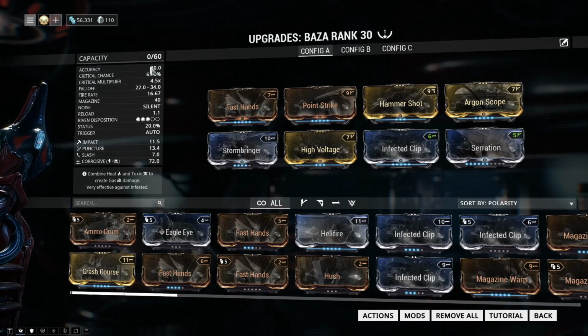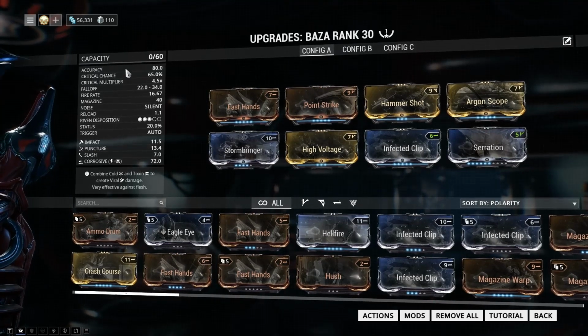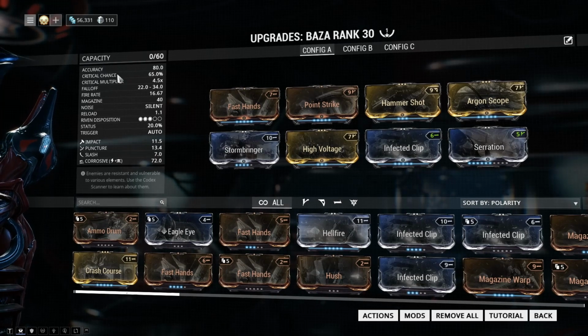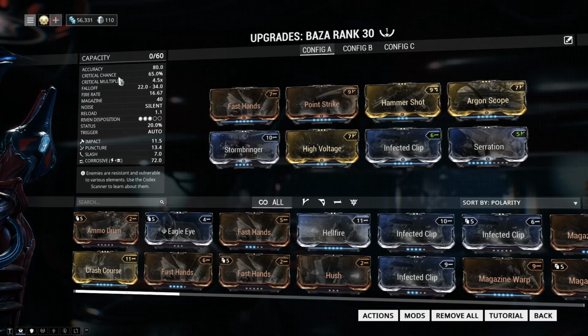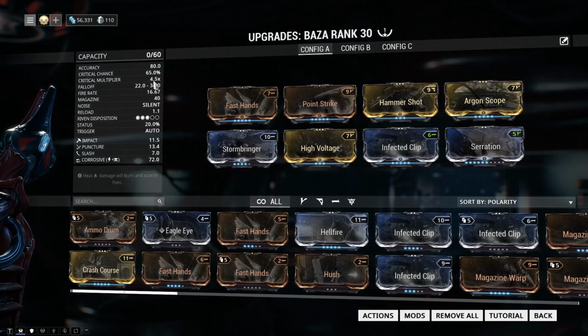While the Baza doesn't have that problem, so you'll have one extra mod slot, and you'll be hitting every single bullet onto the head, and it's just really good. And because it has amazing accuracy, the best way to mod this is to get the crit chance, because you'll be getting that headshot